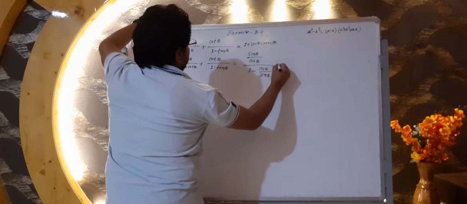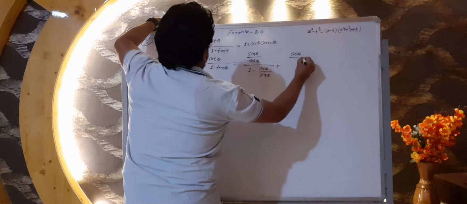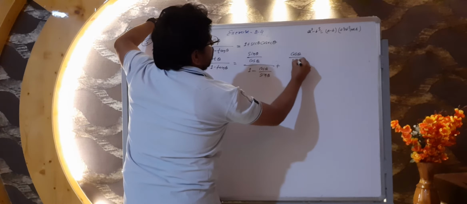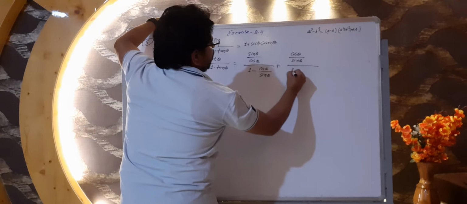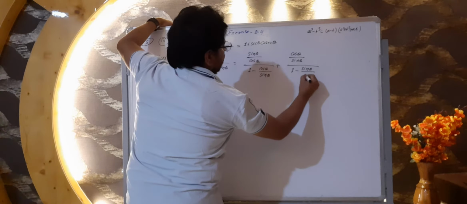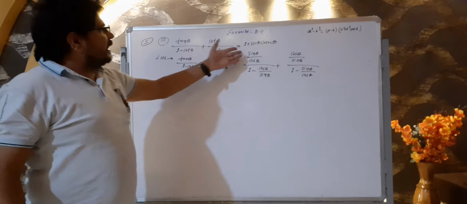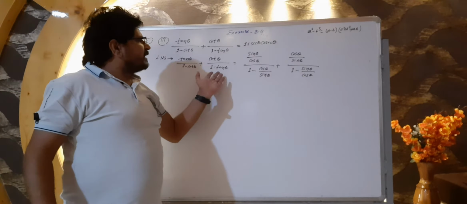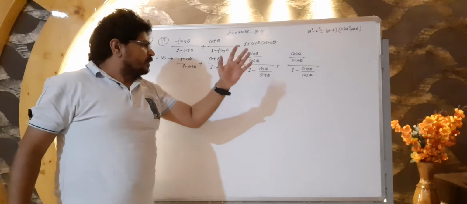Okay, plus then plus. Here cot theta, then what can we write? Cos theta upon sine theta. Okay, and here 1 minus tan theta, it means sine theta upon cos theta. Okay, we can write it. This tan, sine upon cos, this only we are changing, tan and cot in the form of sine and cos.